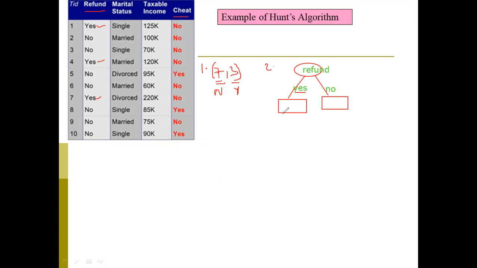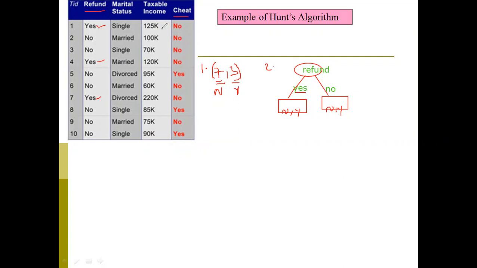Now we are going to identify the number of no's and the number of yes's under the yes data object of refund. Here also under no, we are going to find out the number of no's and the number of yes's. So under refund, 3 yes's are there.